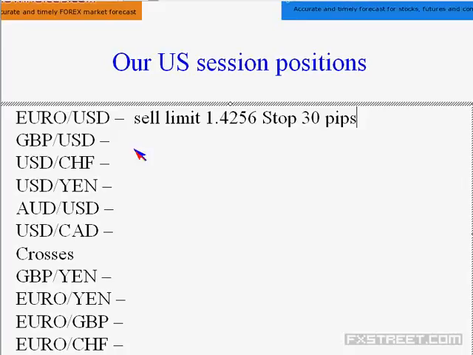Similarly, in the case of GBP, the initial high set during the European session was 1.6297, and then they made the drop and formed a new high of 1.6311, as you can see in the live market page, and they are trading below 1.6297. So we will keep a sell limit order at 1.6297 with an entry